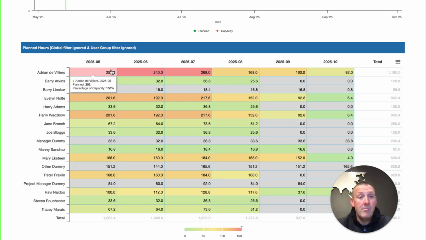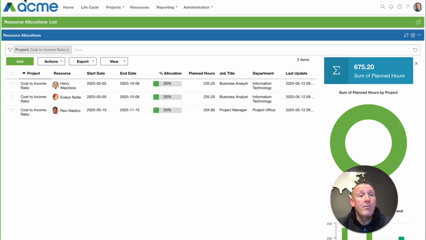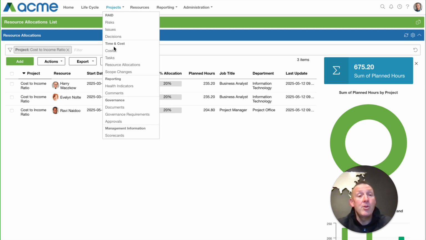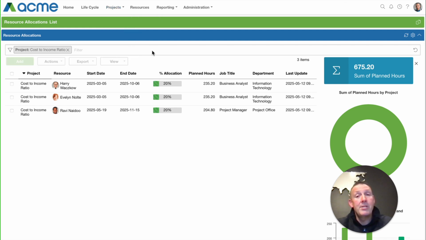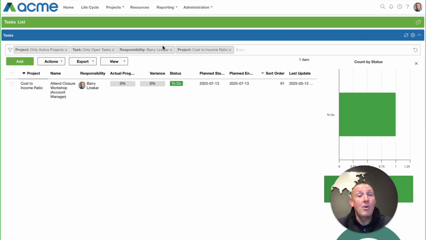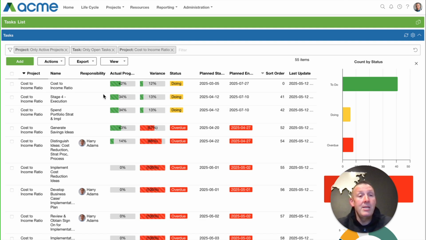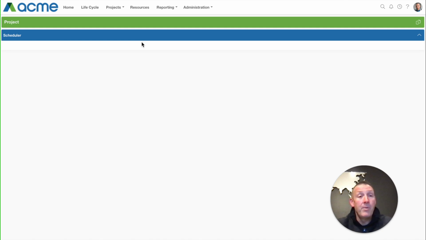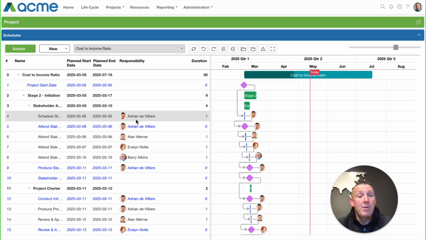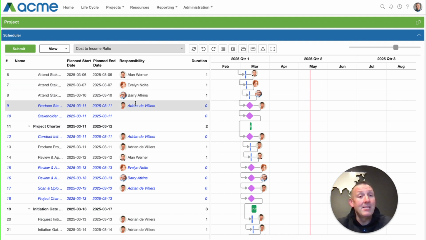While this capability is built on the resource allocation entity, the same outputs, the same reports and dashboards I've shown you today can be driven from the task section if you use the task section and you do your resource allocation on the task level. So if you are an organization that has a high level of maturity and you are able to create your project plans in PPO, whether that's done through the scheduler or through PPO or through an import from Microsoft Project, but you allocate the resources against the specific tasks, then the same outputs are available.